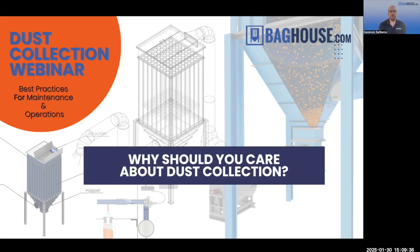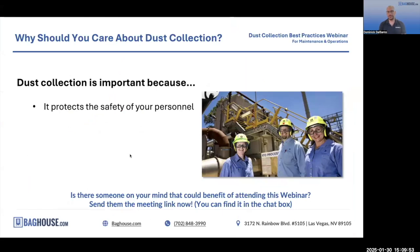So we want to highlight here a couple of reasons why you should care about our dust collectors. Why it's important for your business, why it's important for you. And let's start by talking about our first slide here. Reasons we have the dust collectors is because they provide a safe, clean working environment for everybody that